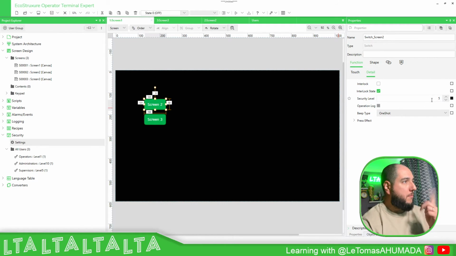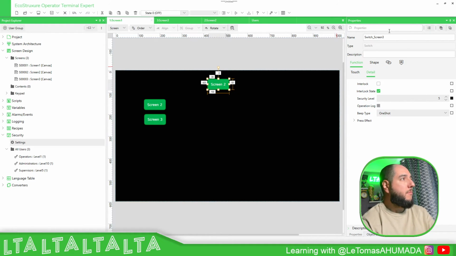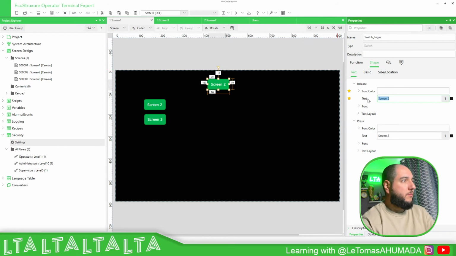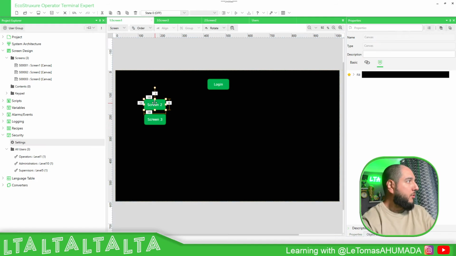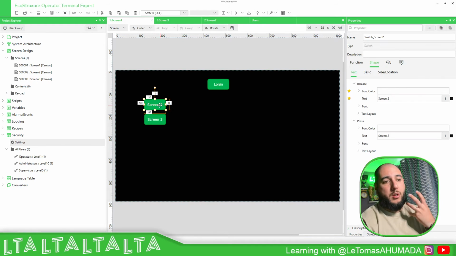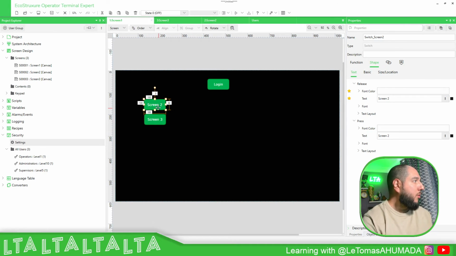Or it could be because it has the security level, so it's not going to produce the touch. So we need another one for login. My bad on that one. So login, security level is going to be 0. Because as this one requires security, it would not be allowing the access through the script. So on this one,